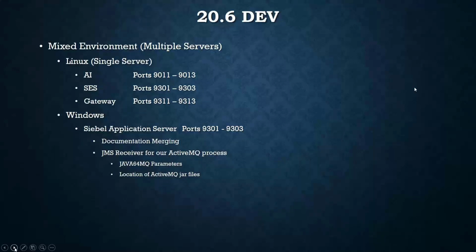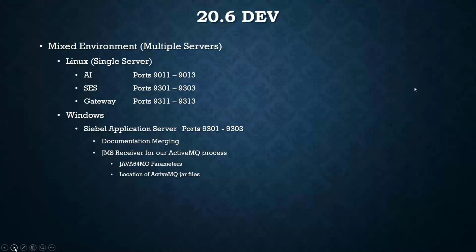We run 7 environments here: 3 training, 3 devs, 1 vanilla, 1 sandbox, 1 gold. We run a test environment that we use between sandbox and test to check migrations and stuff with the new releases. And we have a Val environment and a training environment and a production environment. And it's fun keeping them all in sync. So they all have to have something in common that makes it easy for me and my one developer. We're a 2-person shop. And gateways are 9311 to 9313,